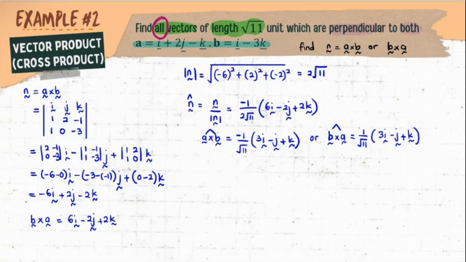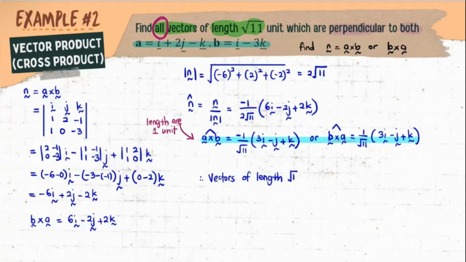Sebab apa dia 1 unit? Sebab dia adalah unit vektor. Okay, these two vectors, saya tulis kat sini, the length are 1 unit. Okay, that means untuk dapatkan vectors yang panjang dia square root of 11, we just need to multiply square root of 11 dengan these two vectors. So therefore, vectors of length